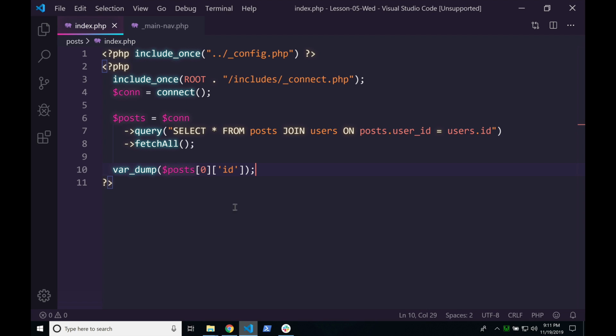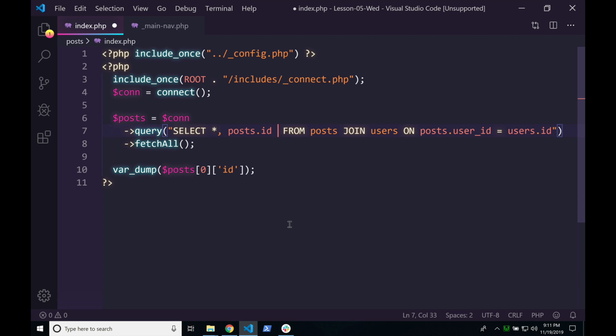So the way we fix this, does anybody actually know how we fix this? We can use something called aliases. Have you guys used aliases before? What aliases allow us to do is reference a column from either of those two tables now and give it a new name. So what we'll do, we'll say select star from posts. So we won't say star. We'll say star, comma,